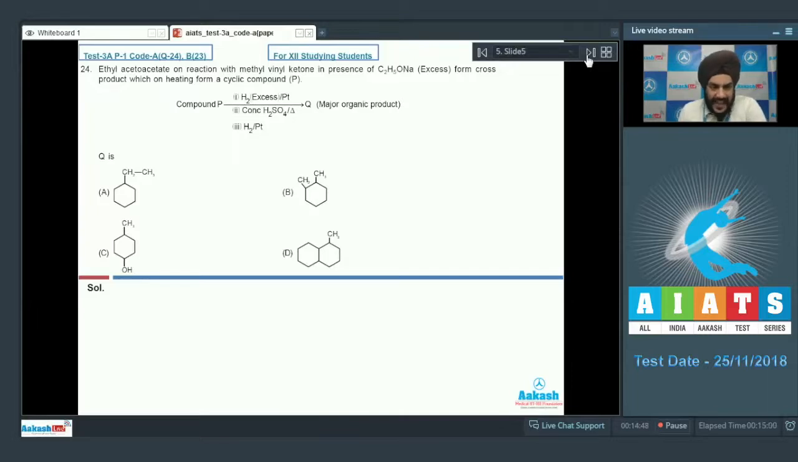Ethyl acetoacetate on reaction with methyl vinyl ketone in presence of EtONa forms a cross product which on heating forms a cyclic compound P. So the compound P is further subjected to reactions where it forms Q, and we have to comment on the structure of Q. So let's first try and figure out what the compound P is. It is formed by the reaction of ethyl acetoacetate and methyl vinyl ketone. So if you draw the structures,